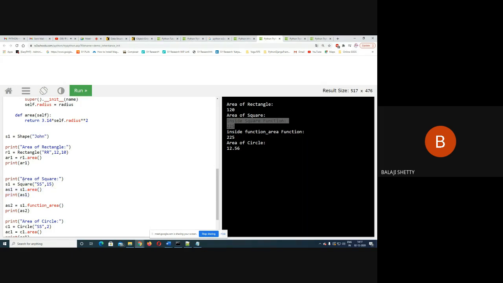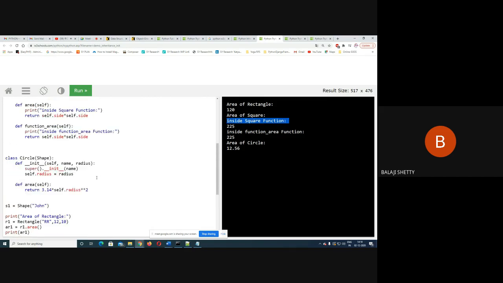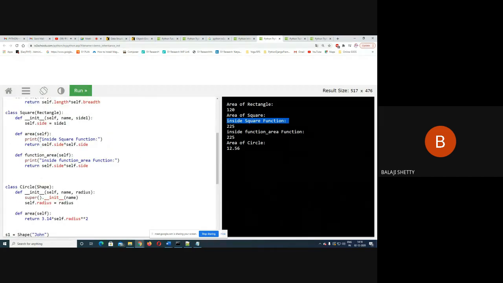See here, area of square. S1 equal to square, S1 5, and print AS1, you get inside square function. What is area? This is inside square function that you have got here.